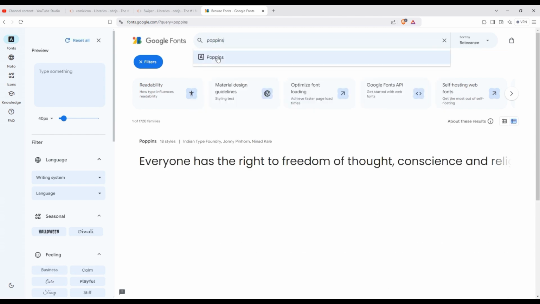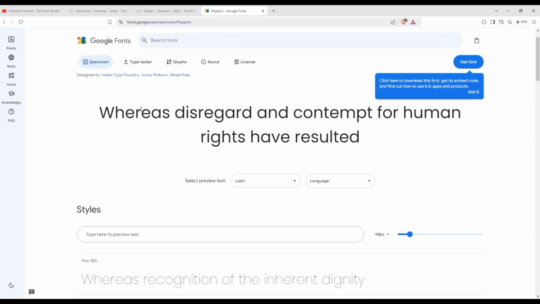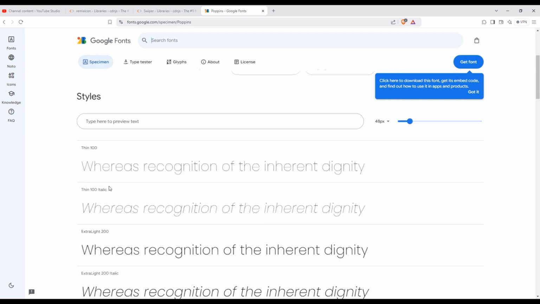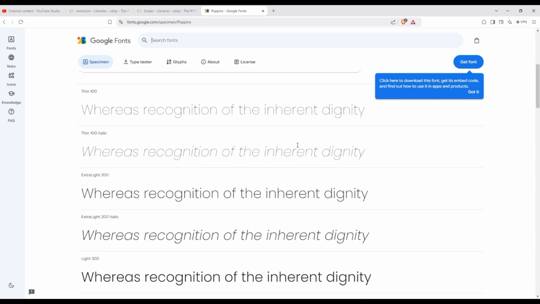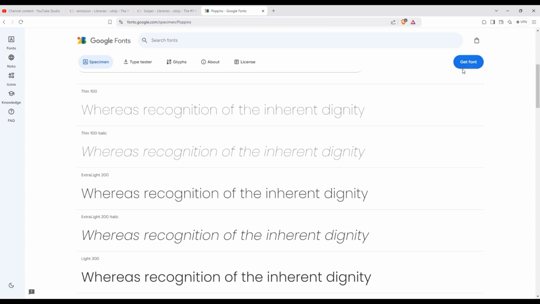So I just find Poppins, and you can see here, right? If you want whatever font you want, you have to select all the fonts. So I selected this one, and then